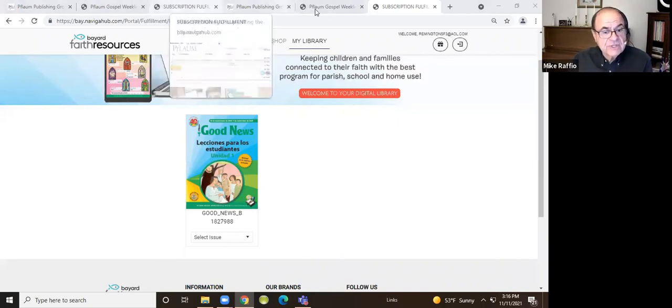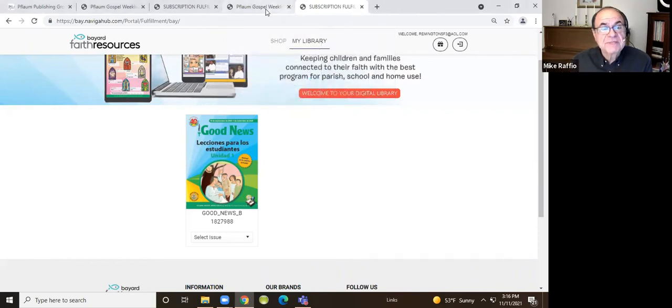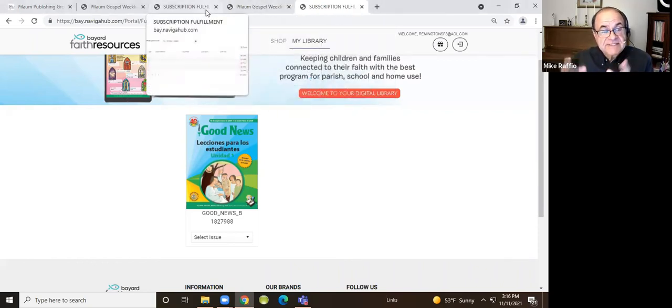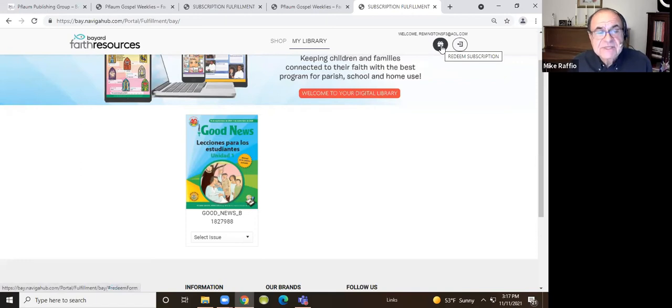And as I said, the digital guide does have examples, samples of letters that you can send home. And there's a sample there that says, use this code. So Dave came, he created an account as a parent, and he clicked on the little gift box. I call it the gift box because it looks like a little box with a bow on top. He clicked on the gift box, and he was given access to Good News Bilingual because that was the edition that the code was attached to.